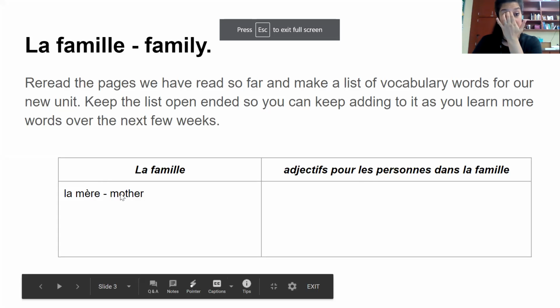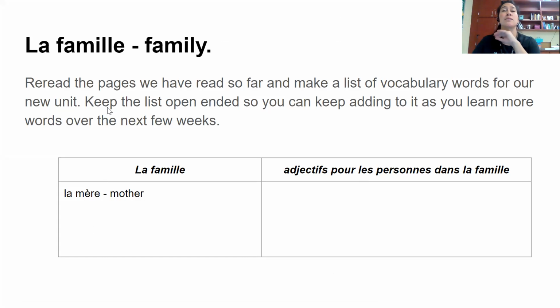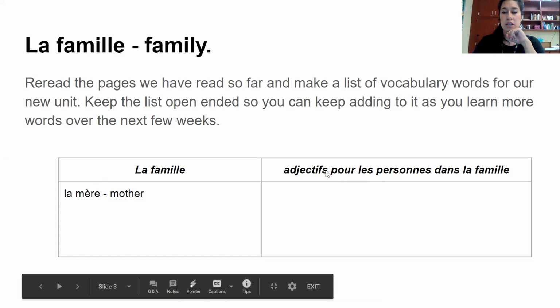Okay, so that's an example of a family word. There might not be many in the one, I'm not expecting you to go beyond, I only want you to take from the pages that we've read. So I'm not expecting you to think, oh, but we don't know father, and oh, we don't know son, and oh, we don't know these other things. That doesn't matter. I'm only asking you to do it from the pages that we've read. Okay, so if your list is short, that's fine. So do family and also do adjectives.